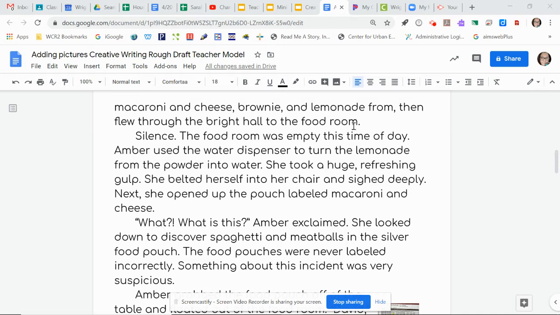So at this point, you should have your character development and your setting done, and you should have a good plot, and you should have drafted a story and revised and edited. And these are the final touches, is adding these pictures and then moving into tomorrow. You have today and tomorrow to add pictures and do any of your final touches before you publish and share